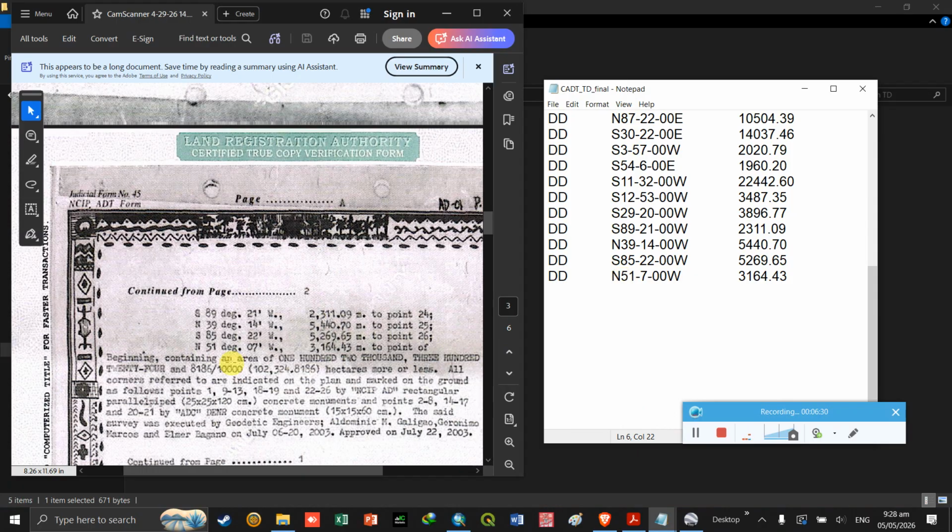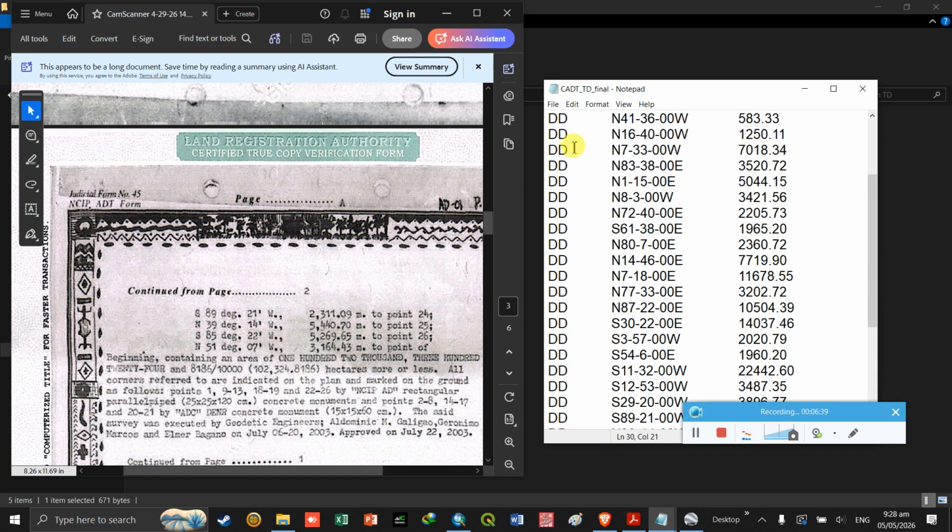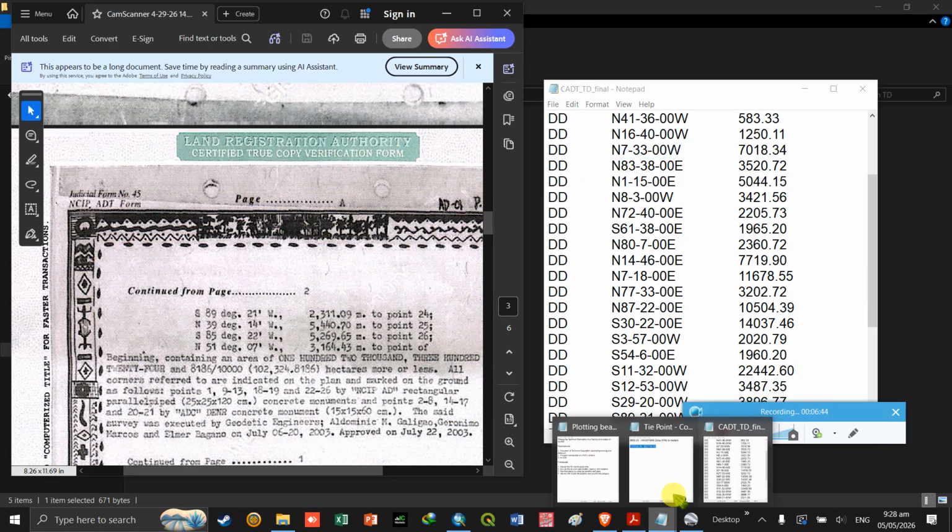So this one, N51 7 00 W and 3164.42 for the distance. So I just need to save this one, and then we can now proceed.